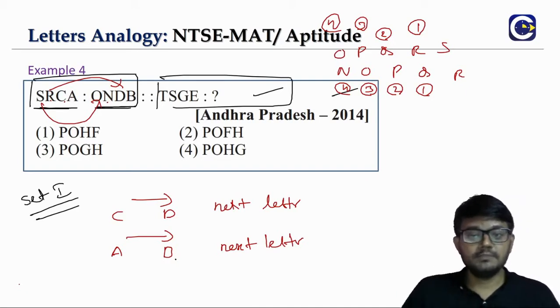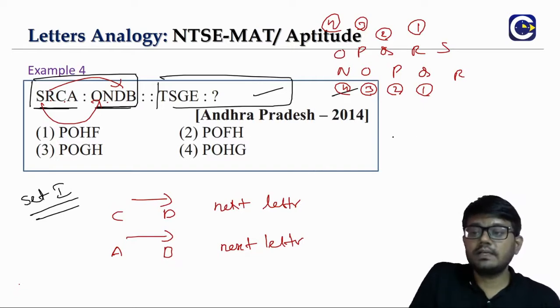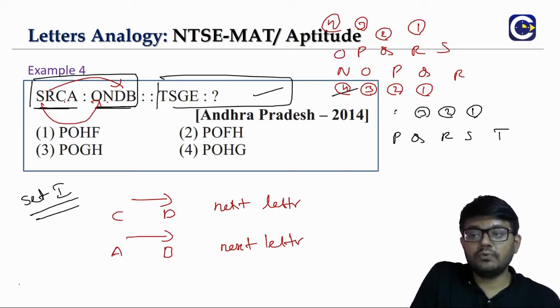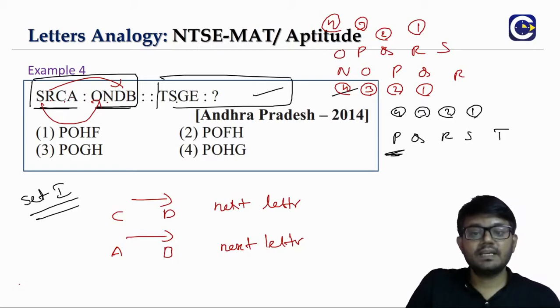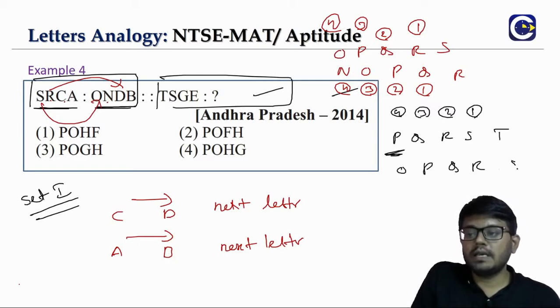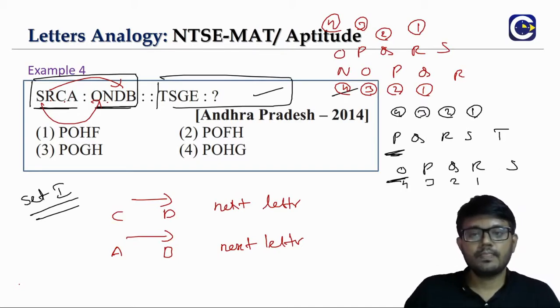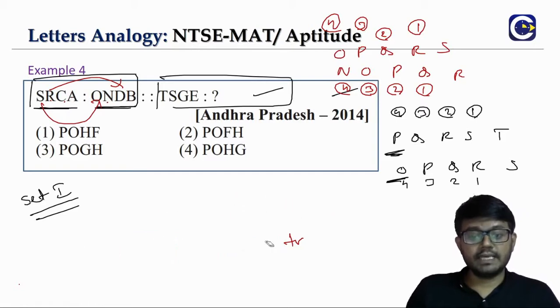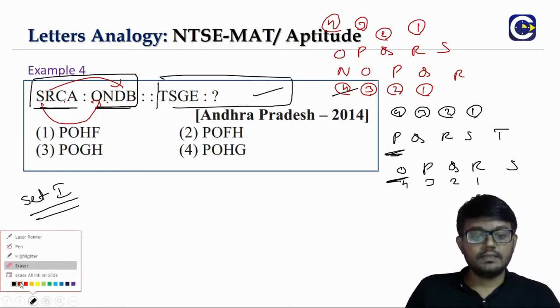So we have what? T. T means what? Look at this. P, Q, R, S, T. So from T we have to count what? 1, 2, 3, 4 backward. So T will be related to what? P. Yes, already we know, right? So here itself we can see S is related to what? I mean basically O, P, Q, R, S. 1, 2, 3, 4. First letters. P, O. I think here you can see all the 4 options, right? The first 2 letters they are matching correctly. P, O. Then we will go for the last 2.